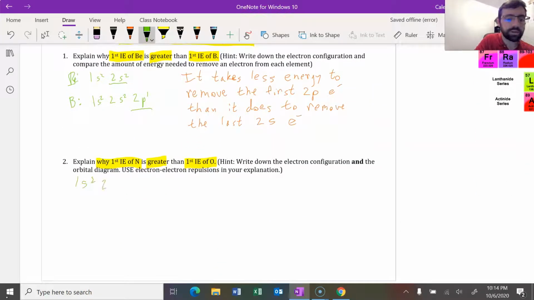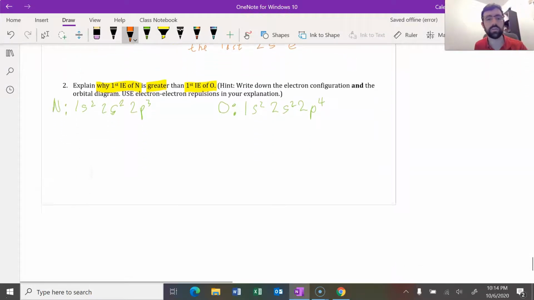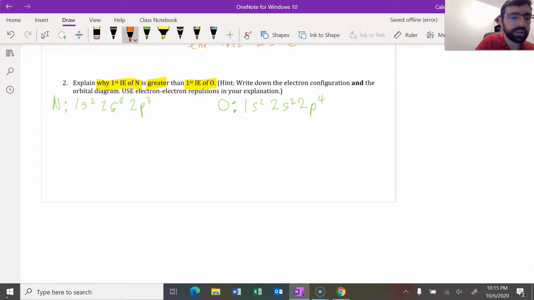1s2, 2s2, 2p3, and then 1s2, 2s2, 2p4. Okay, this is for oxygen, and this is for nitrogen. All right, let's write our orbital diagrams as well. So for nitrogen, 1s,